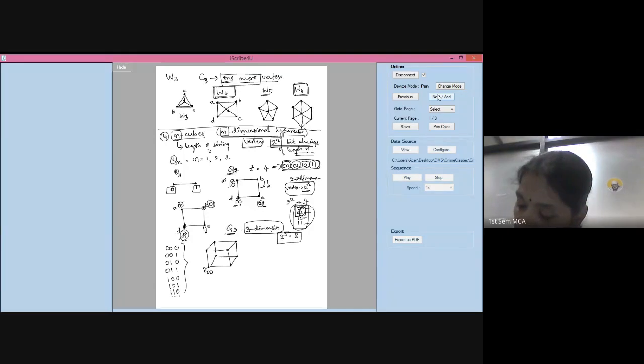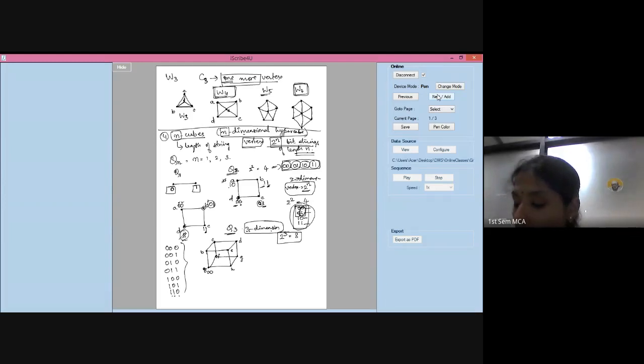If I start this with A, B, C, D, E, F, G, H, these are the vertices. Now, what are the vertices which are adjacent to A? It is F, it is B, and it is H. Now, you should place one of these 8 combinations such that they are changing in only one bit position.